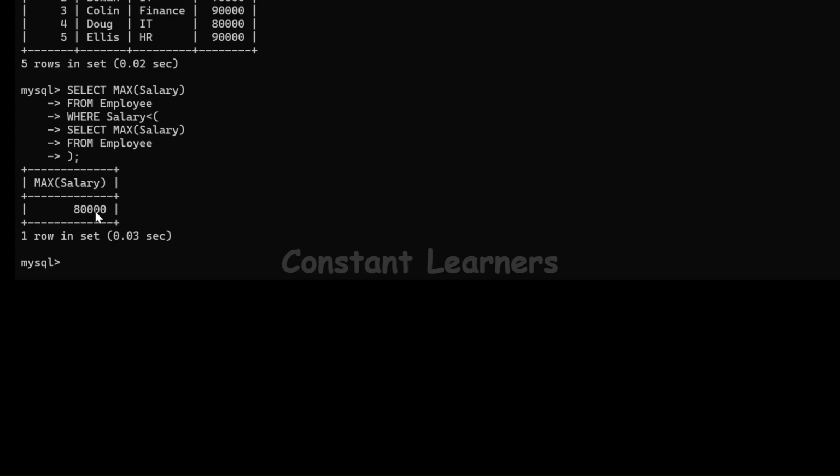Alright. So this query here, it first finds the maximum salary. Alright. Where? See this one. Select max salary from employee. This gives us the 90,000 that we are looking for. Alright, which is the maximum salary in this column. And then we are selecting the maximum salary from the list where the salary is less than the maximum salary. Alright, where the salary is less than 90,000. So the maximum salary in a list where 90,000 is not present, will obviously be the second highest salary.